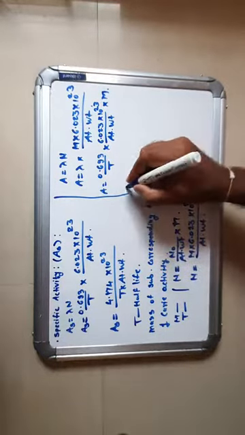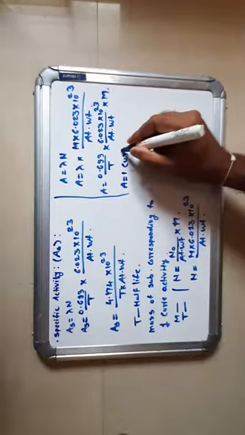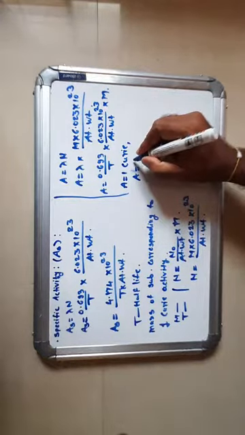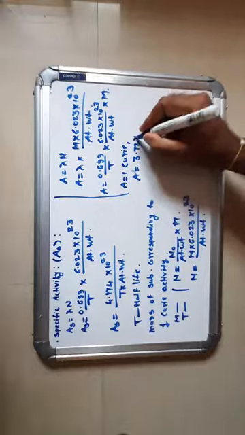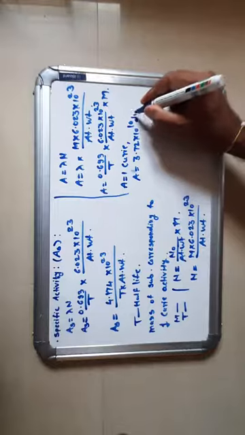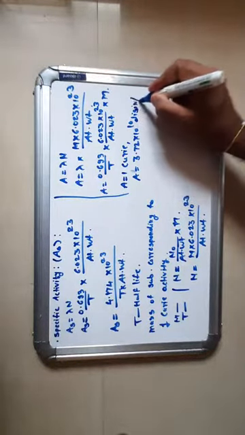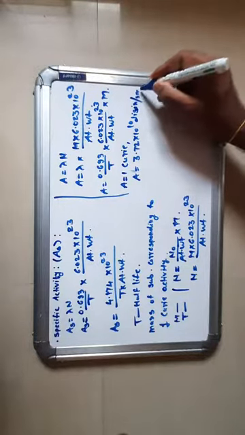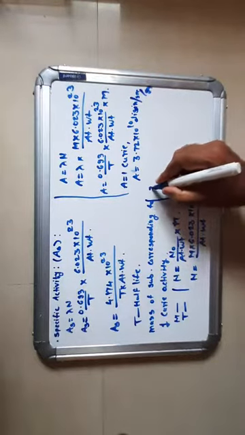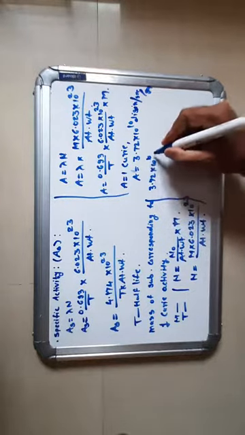Here activity A is equal to 1 curie, then A is equal to 3.72 into 10 raised to 10 disintegrations per second per gram, right? Then after substituting in here, 3.72 into 10 raised to 10 is equal to